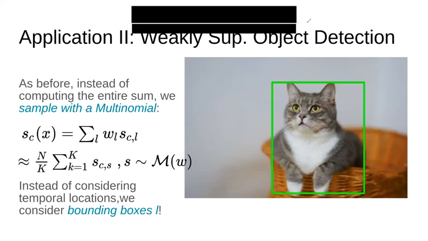So again, it's a kind of max operation. We want to find the bounding box that scores the highest. So again, we can use the same approximation as before. Instead of